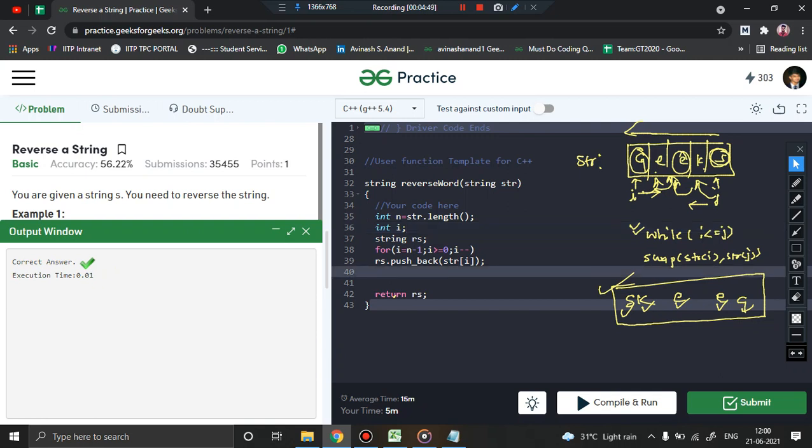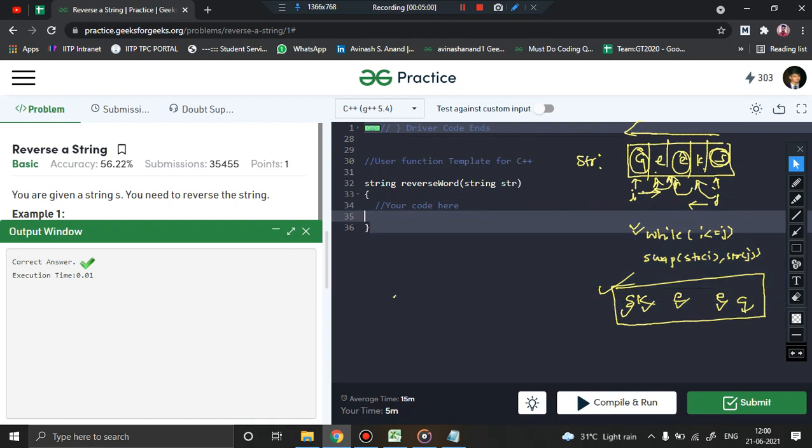If you are solving a big problem and you have to reverse a string, you need not write this entire thing. This is just for the sake of explanation about the working. If you are just solving a bigger problem and want to reverse the string, what you can do is just use the function reverse, and we can say str.begin comma str.end. Done.